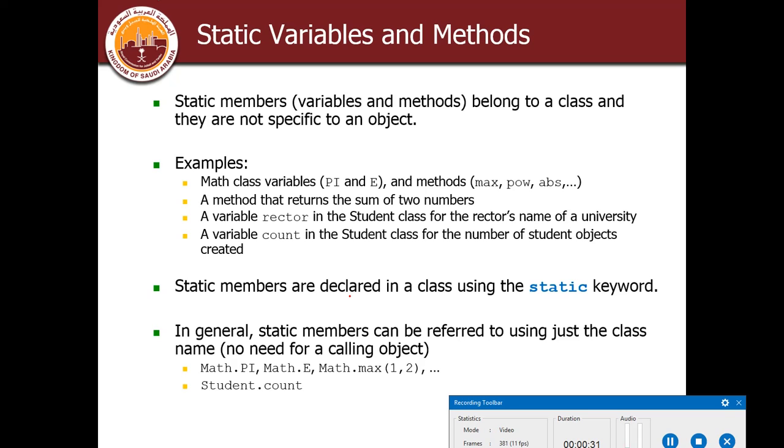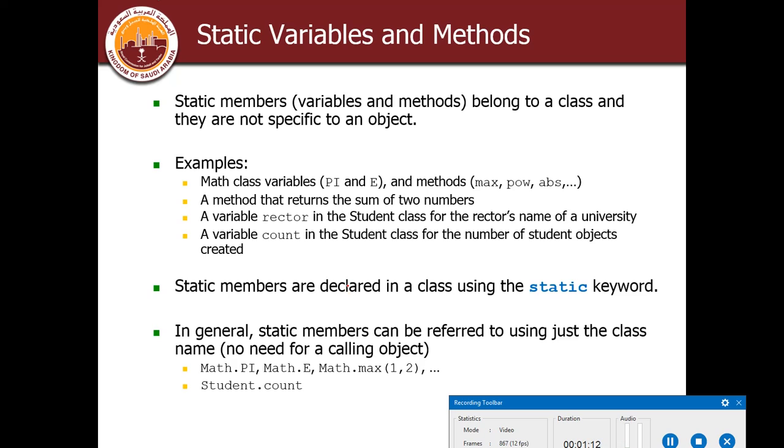Now we have seen that a class basically contains two sections. One section contains the variables and the other section contains the methods. Variables that we declare in the class and the methods that we declare in the class are called instance variables and instance methods. Why? Because every time we instantiate a class, a new copy of each of them is created, because to access any variable or any method of a class, I have to call it with the help of the object of the class.